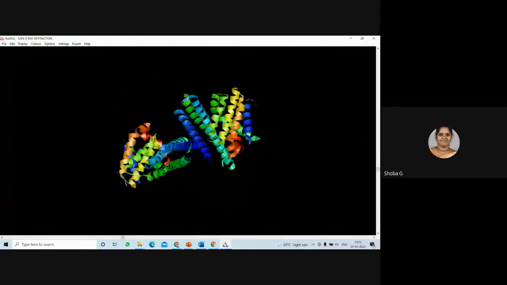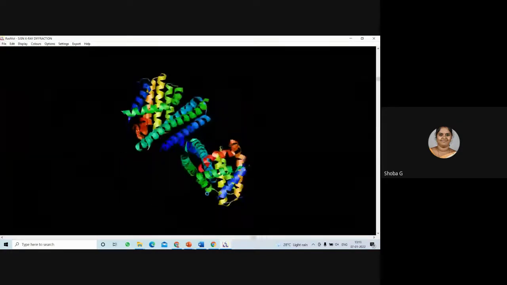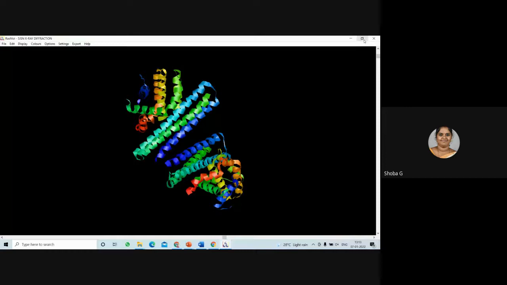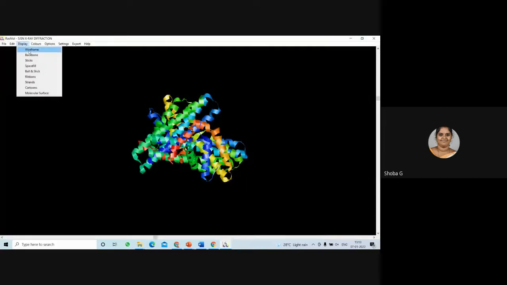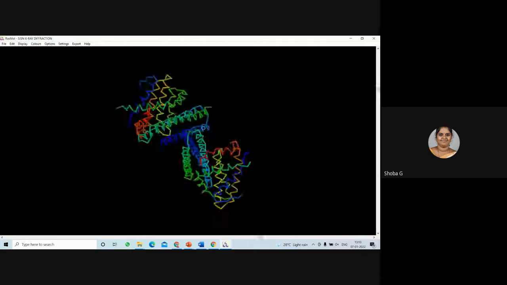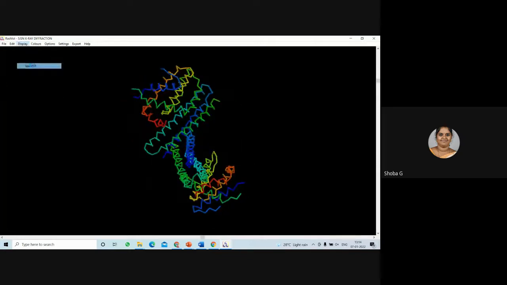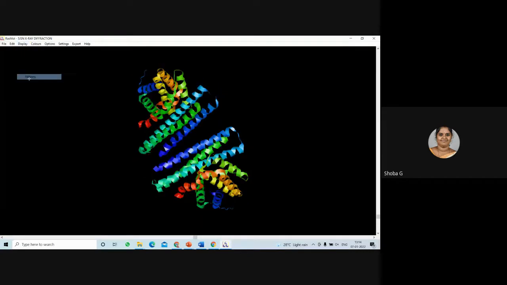Are you able to see this? So in Rasmol, you have different forms. This is your wireframe model, and this is your backbone model of your protein, and this is your space fill model, where, as you know very well, it is three-dimensional space. Even if you rotate, it will keep the three-dimensional space. And you have the ball and stick model and cartoon model,